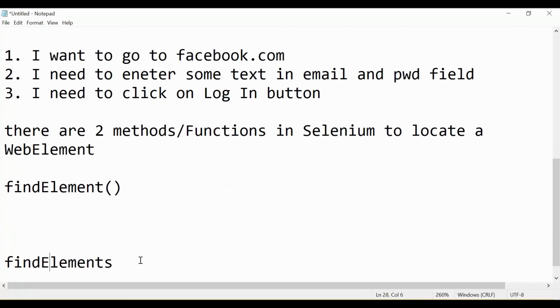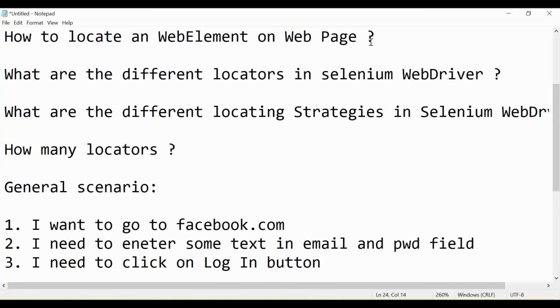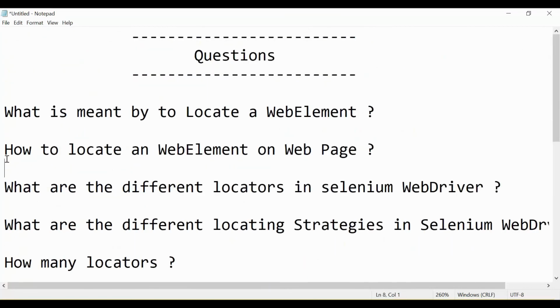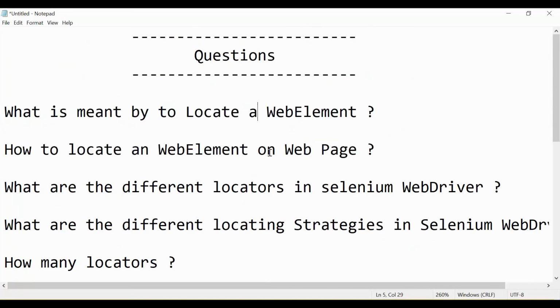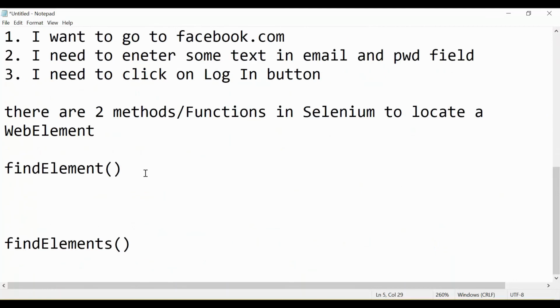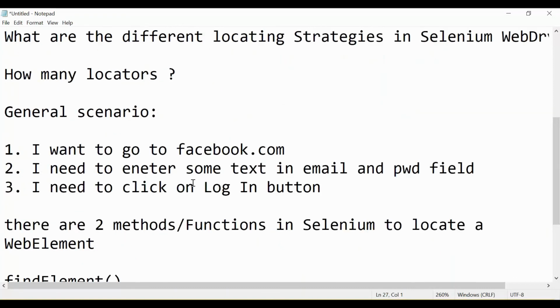These are the two functions available in Selenium with the help of which you can locate a web element on a web page. So if someone asks you how you can locate a web element, the first answer will be that we will use these two methods, find element and find elements.